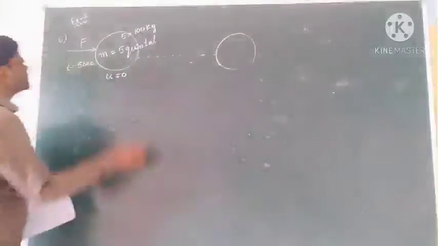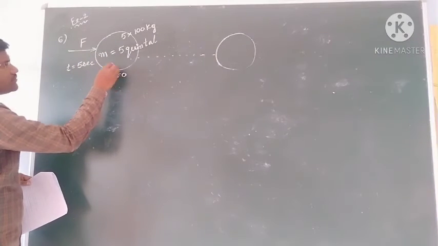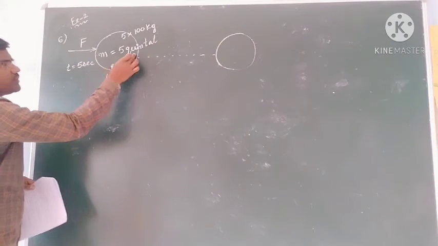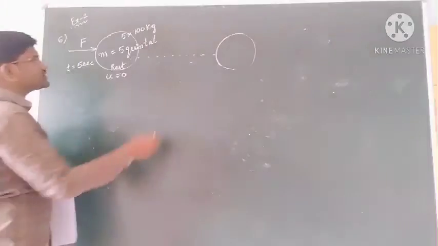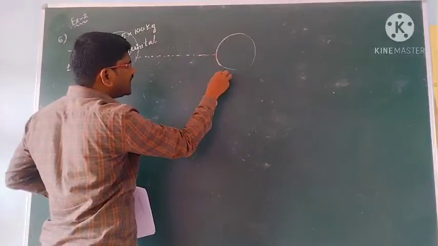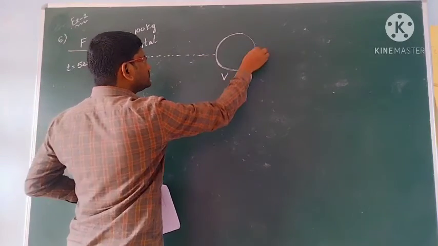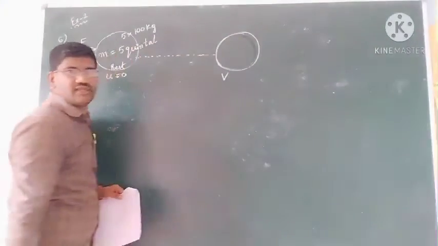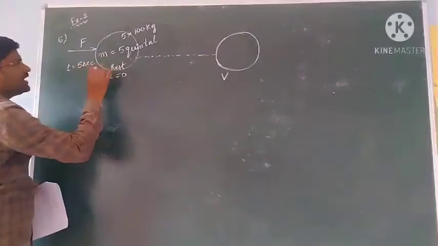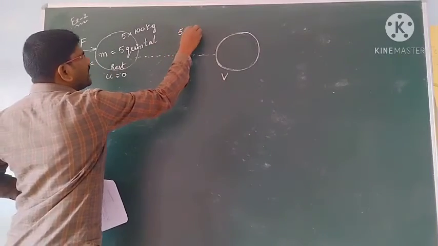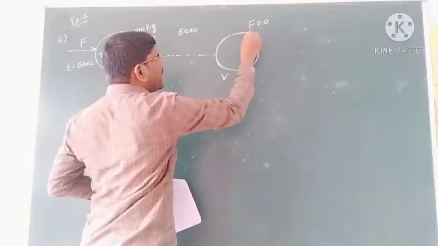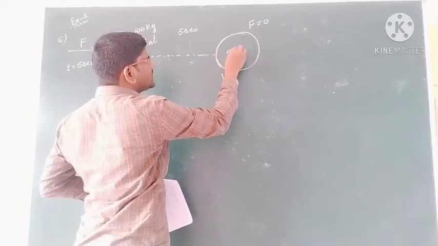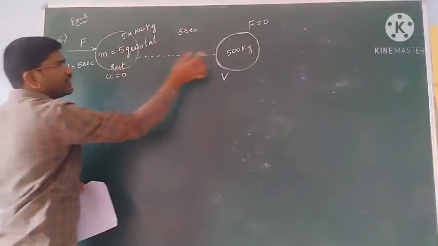Now this is the force acting on the object which is at rest. Its mass is 5 quintal, 5 into 100 kilograms, which is 500 kilograms. Because of this applied force it gained some velocity v in the time of 5 seconds only. And after that we have withdrawn the force. Force is 0, meaning the force stopped acting on it.